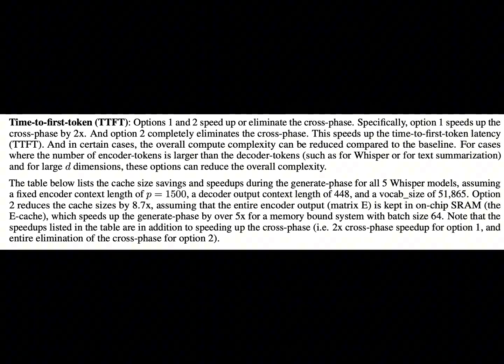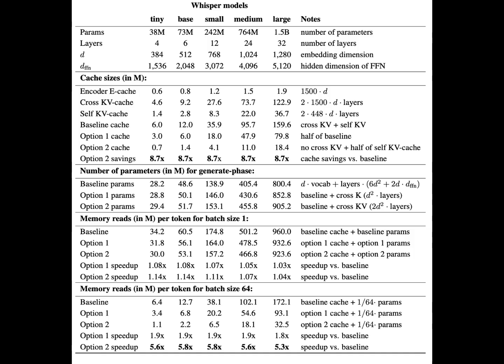Well, lucky for us, the research paper goes into that in some detail, and the results are pretty exciting. Give me the numbers. How much faster could slim attention make Whisper? Let's look at the table here. It shows the potential cache size savings and speedups for all 5 Whisper models, using a standard encoder context length and a set number of output tokens. I'm seeing some pretty impressive figures. Option 2, which eliminates the cross-KV cache, could make the total cache size 8.7 times smaller across all the Whisper